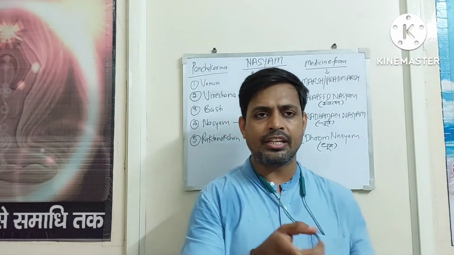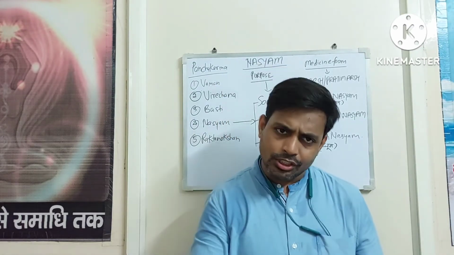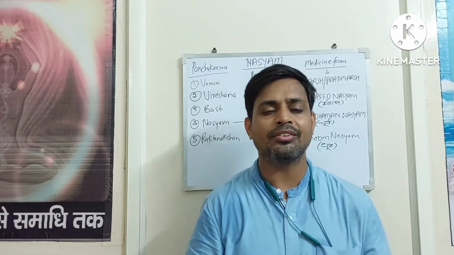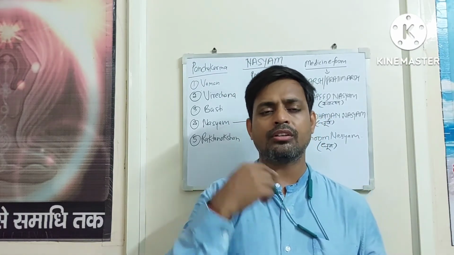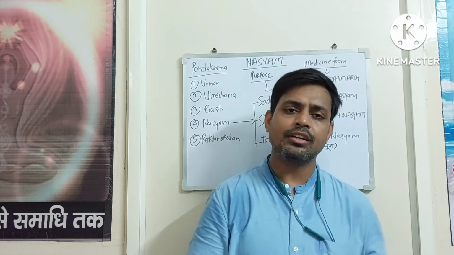Nowadays, if a snake bites, people go to the hospital and they give antivenom. So this is also a type of natural antivenom, Drona Pushpi. This is what we call Gumma or Drona Pushpi. The extract of its juice, put in the nose and eyes, works as an antidote for snake poison.